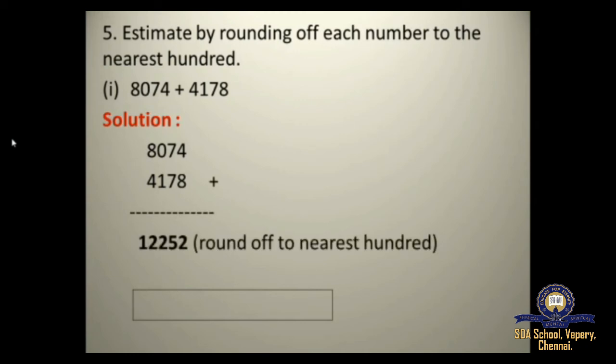Now I'm going to round off to the nearest hundreds place. So which digit is in hundreds place here? 2, right? Now see the number to the right of 2. It is 5. That is, it is equal to 5, right? The number must be equal to 5 or greater than 5. In that case only you're going to add 1. So when I add 1 to the hundreds place, I'll be getting it as 12,300. Got it, students? Next, I'll move to the sixth sum.